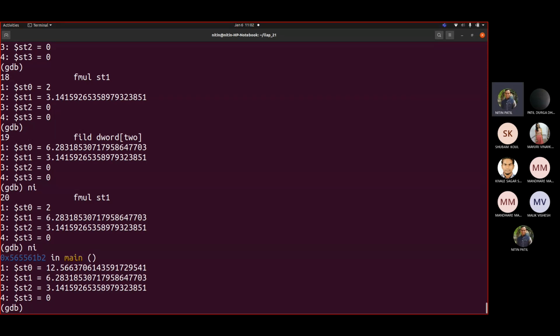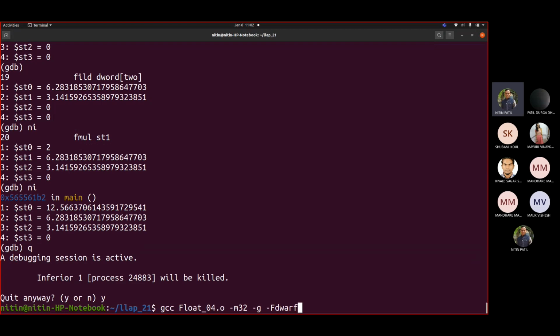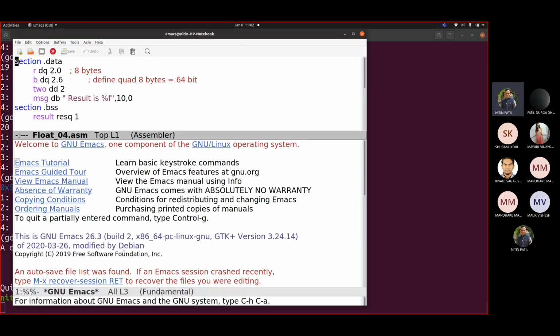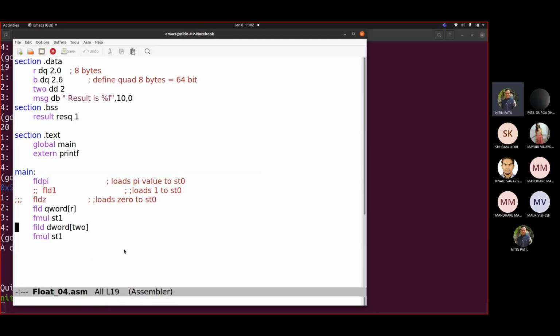Now you want multiplication as 2 pi r square, correct? So you took r, FLD, fmul st0. It would be r square, or you can write here keyword of r. So this would be r square.